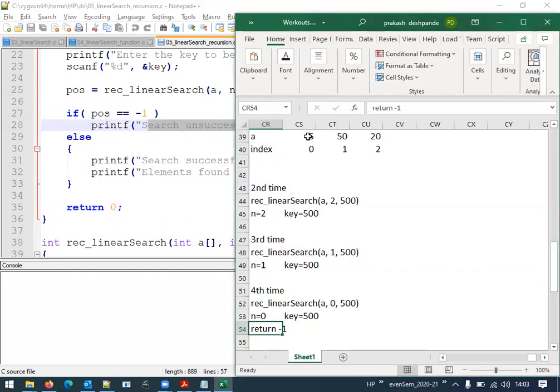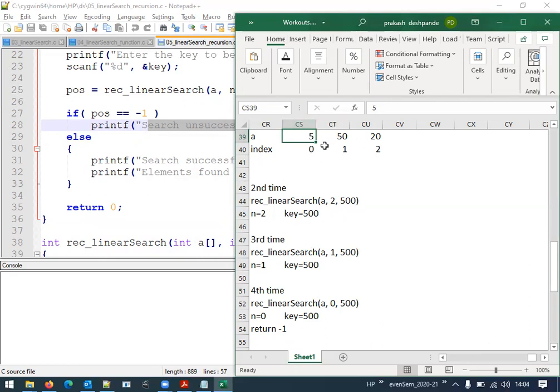If you carefully observe in this recursive linear search, we start by comparing the last element with the key element. If it matches, return the position, or else next time exclude this one and search within the previous elements. Again, the last element, if it is the key element, return the position, or else exclude this also from the next search.